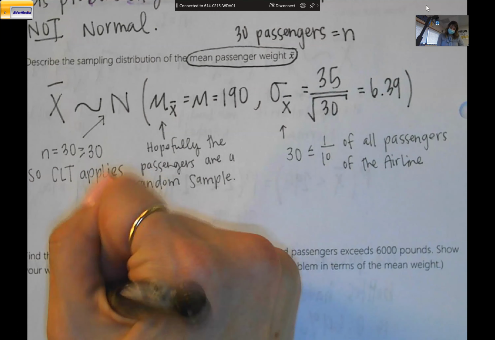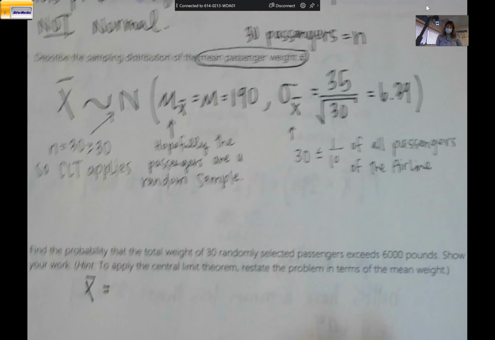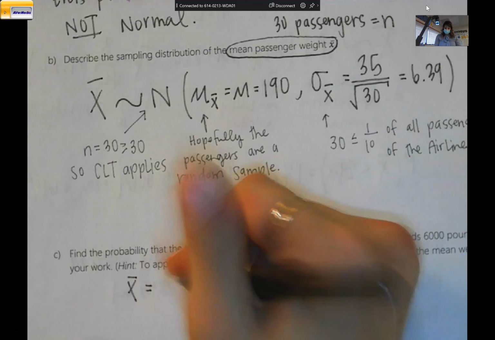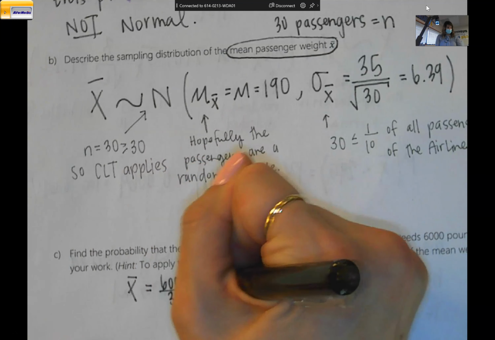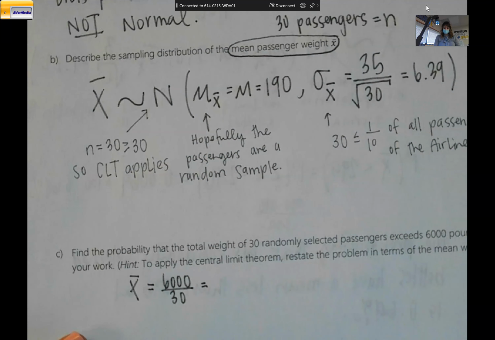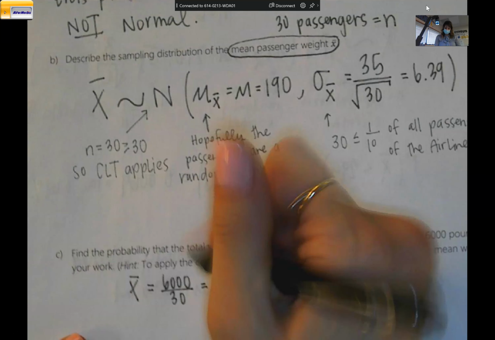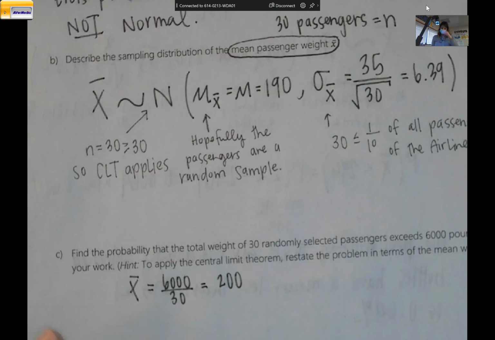So what is our sample average? We would need to take 6,000 and divide it by 30. What is that? 200. So the average weight of our 30 randomly selected passengers